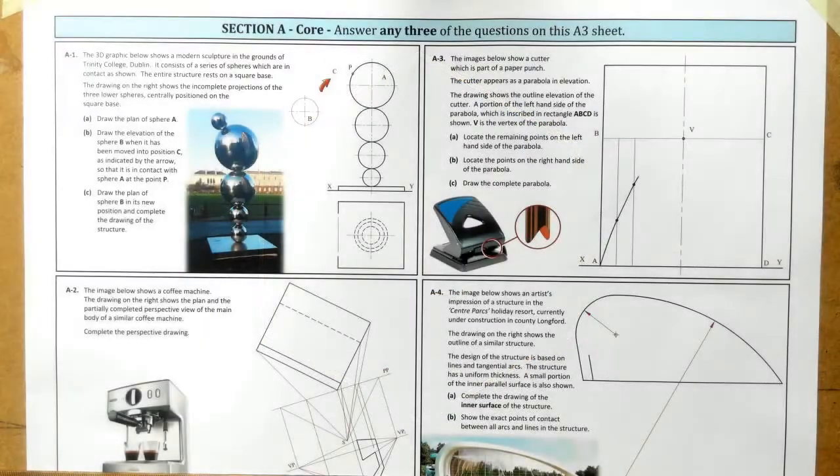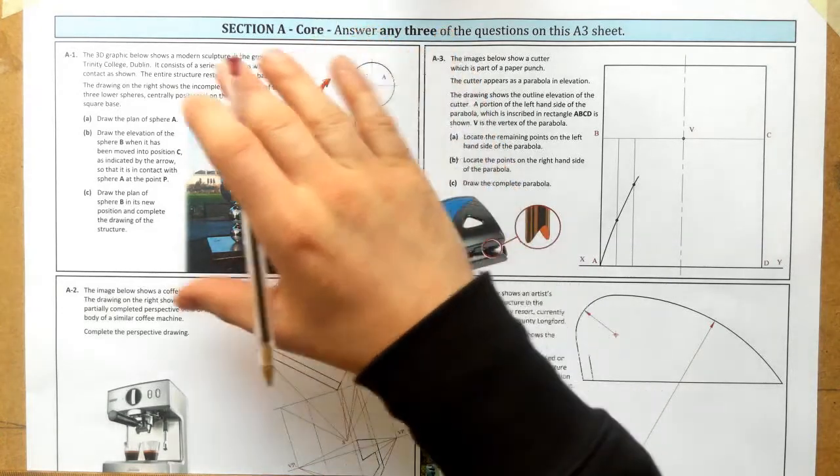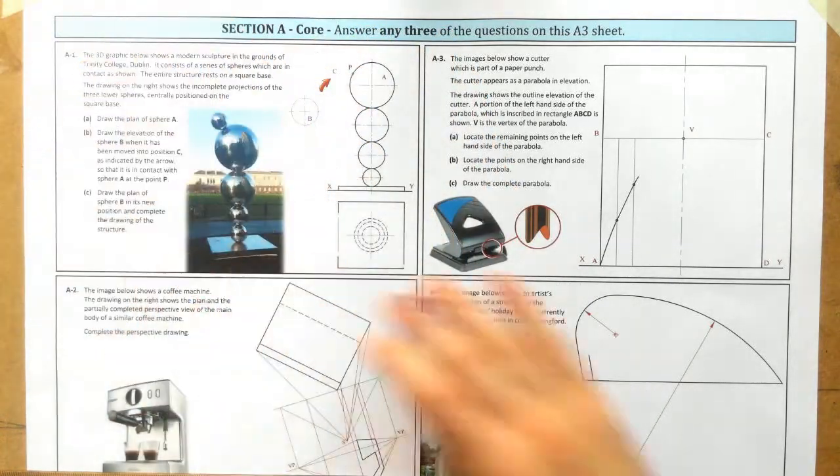Hi folks, so the questions we have in front of us here today, guys, are the short answer questions from section A of the 2019 ordinary level DCG paper. Okay, so you can see here there are 4 questions. As always, you have to do 3 of them, and we're going to work through them from A1 to A4